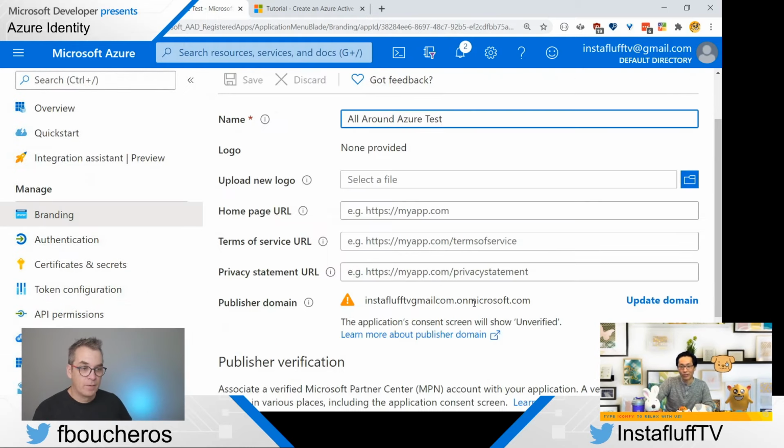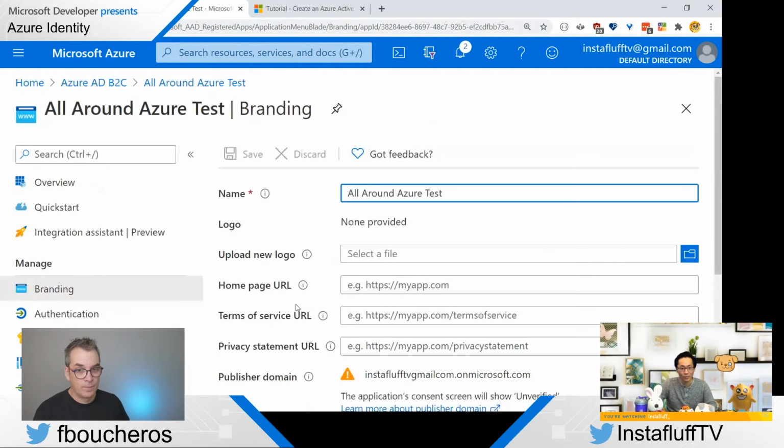And oh yeah, we can also change the branding. So like if we want to have a logo, because it goes to an Azure branded page that you can customize with all this stuff. And so it does all of these things for you, which is pretty amazing.